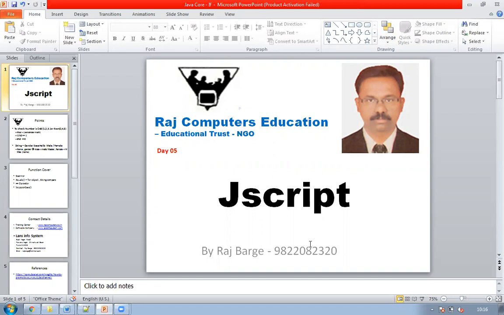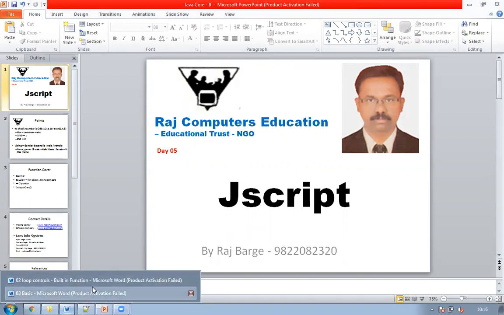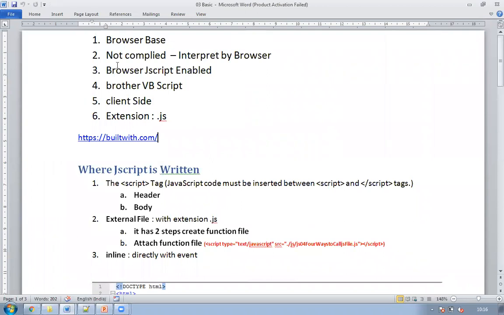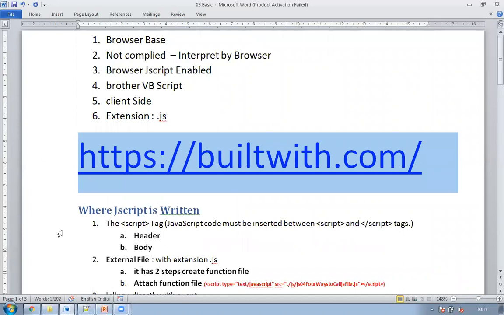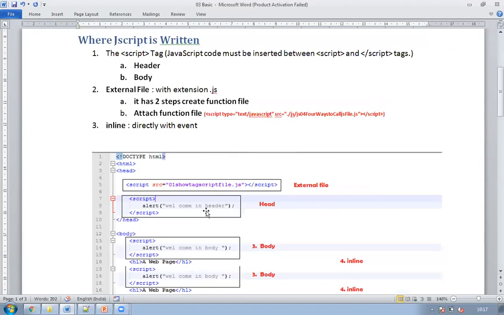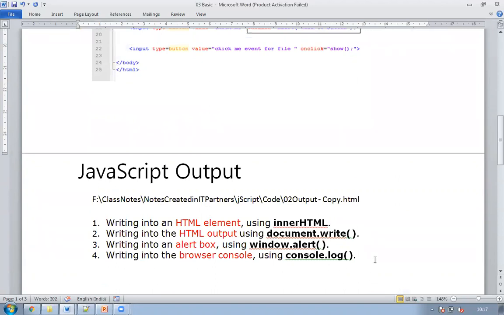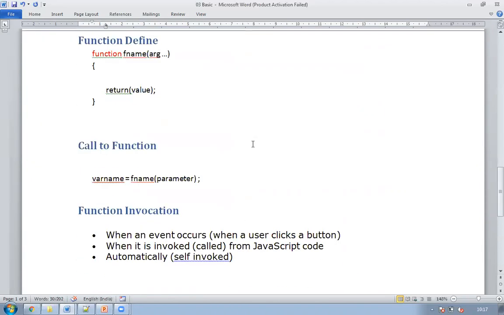Today, we'll be going for script basics. So, exactly what is script basics? These are the topics we'll be covering today. The first will be understanding browsers. There's a very important and very intelligent concept, that is understanding what the site is developed into, what it is built with. It's very important. This is the most important thing. Then exactly where the codes are written, then the basic 5 operations, then functions. Today's main topic is writing functions and calling functions.